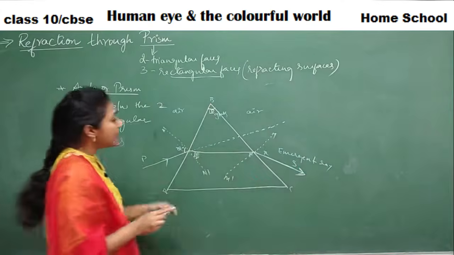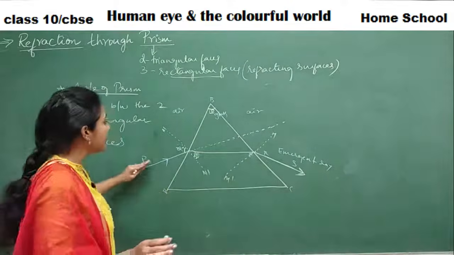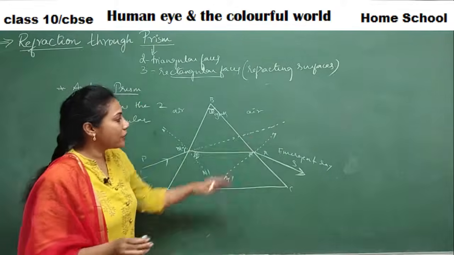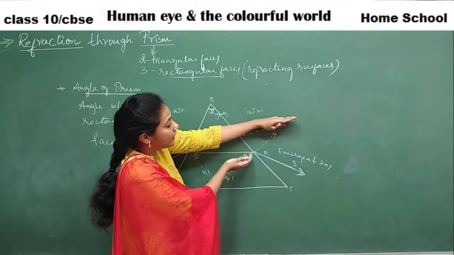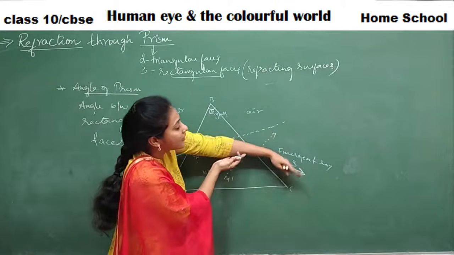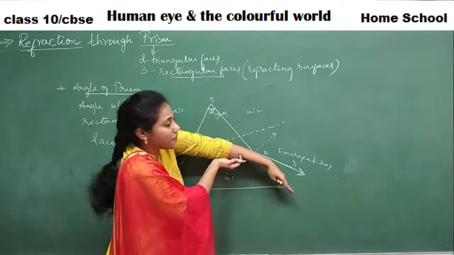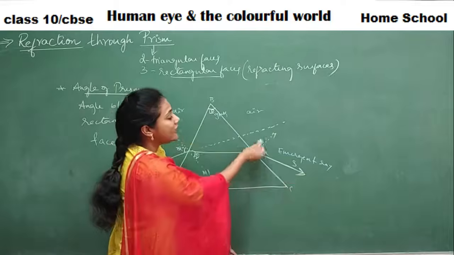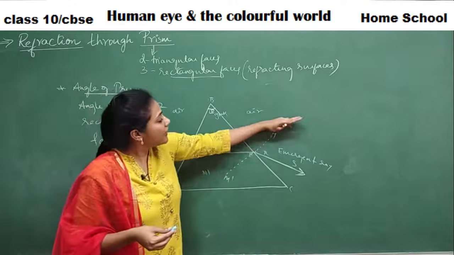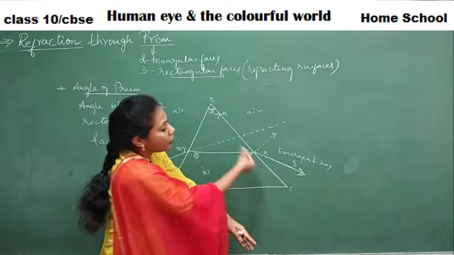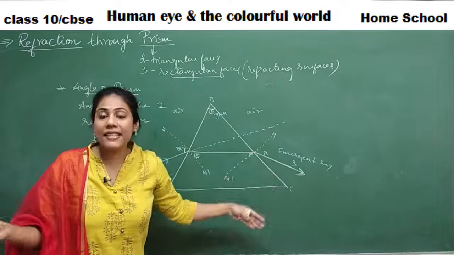Emergent ray. Okay, see the normal direction of a light, like if refraction do not occur, this is how a light ray has to pass. Okay, this is how a light ray's direction has to be. But refraction occurred in a prism, so the light ray has bent like this. Normal light's direction is this way, but the light ray has bent like this. That means this much is the deviation that took place in the direction of light, no? This is the actual direction, but it bent like this. See the extent of deviation that is taking place. See the extent of bending that is taking place.